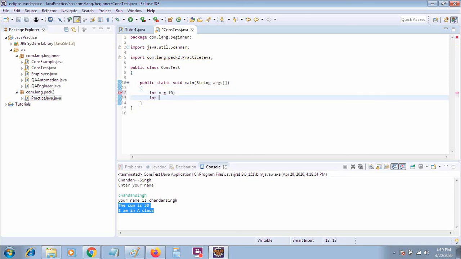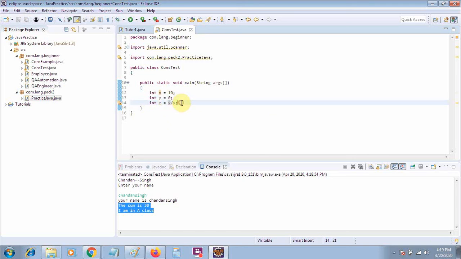Again we have integer y equal to 0. Now again I have int z equal to x divided by y. So we know that in such a case x will be divided by 0.